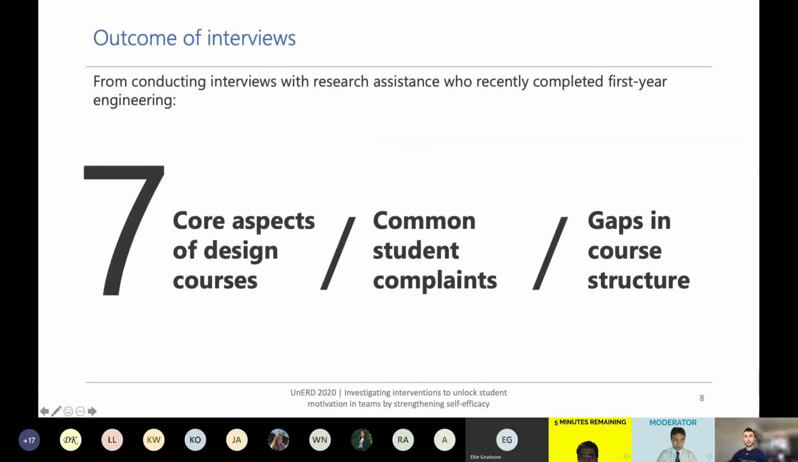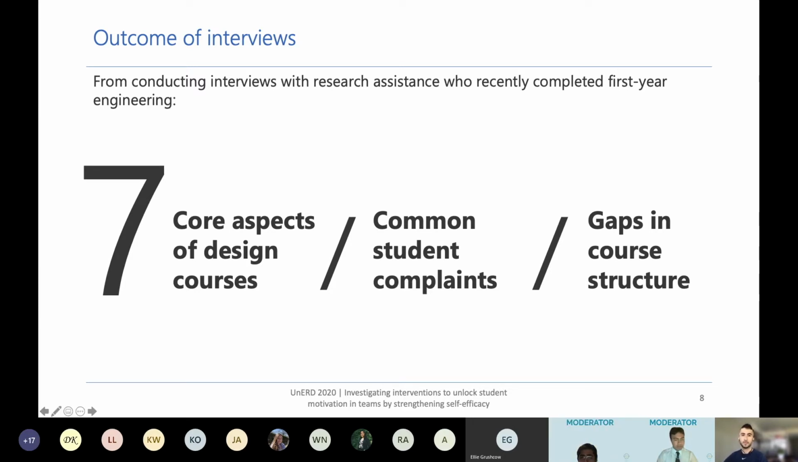And so after conducting informal interviews with second-year students on their experiences from first year in ESP and Praxis, I was able to identify 7 core similarities in course design, common complaints, and gaps for remediation. Once we have realized these course gaps, it then begs the question, how can these be remediated to improve the first-year design experiences? How can we motivate students to perform in their teams when these gaps exist? This is a critical step in my research process because it will help inform the appropriate interventions to be considered